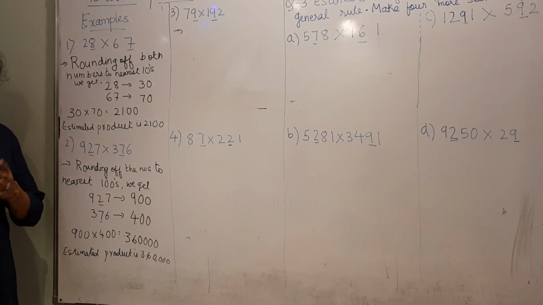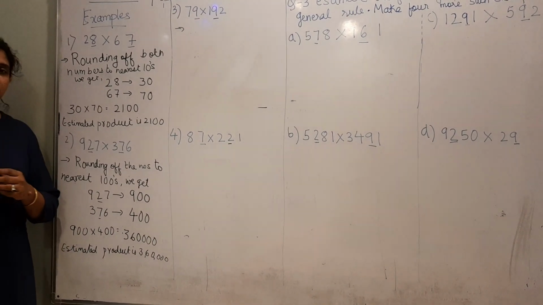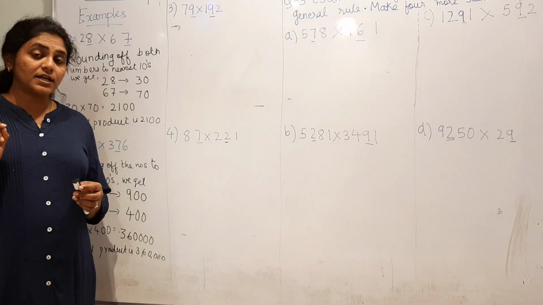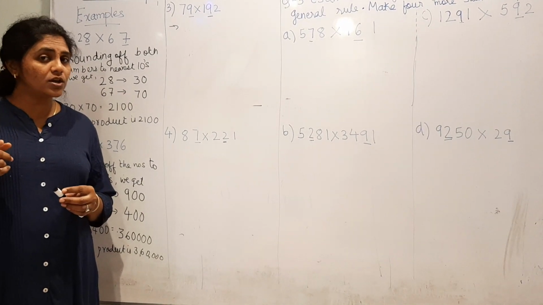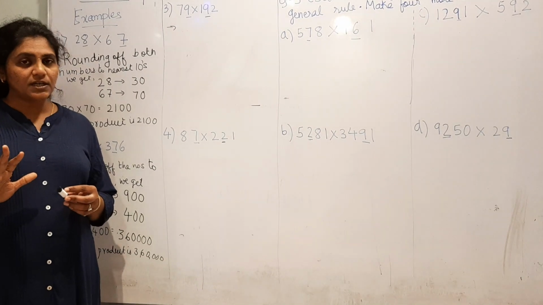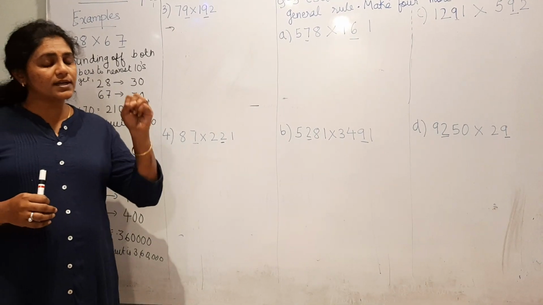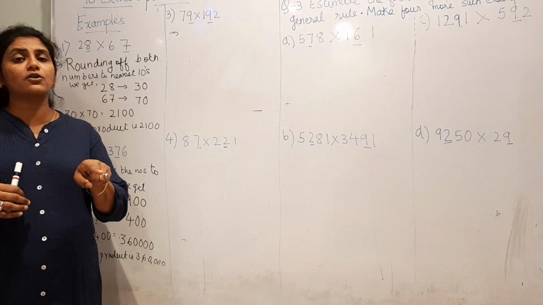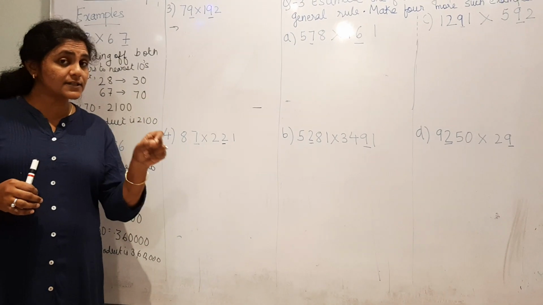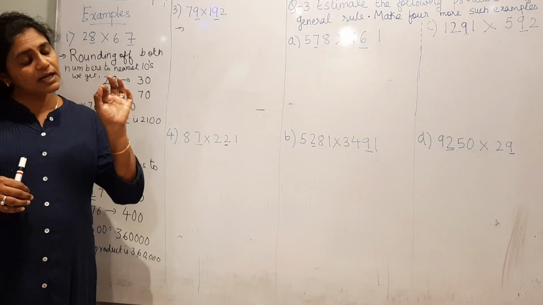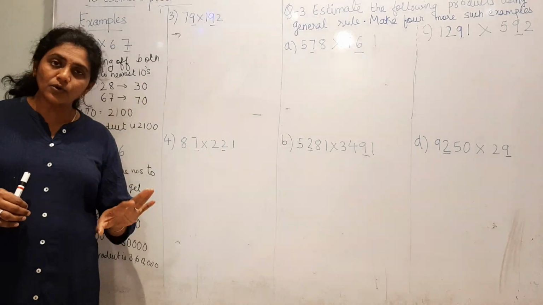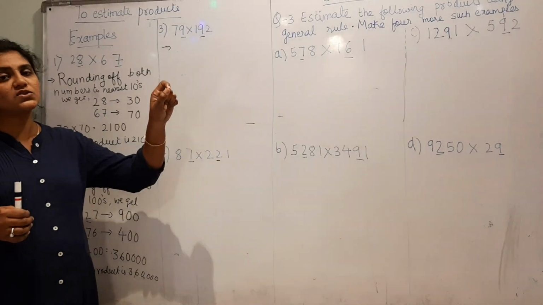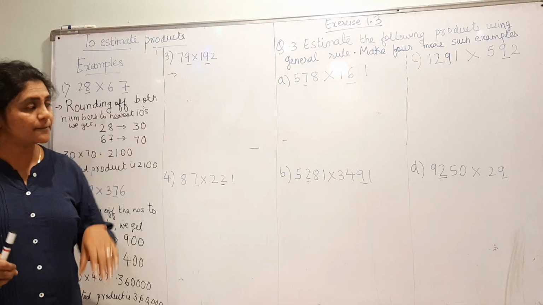There is no such rule. I have discussed this point during the explanation of sum and difference. There is no such rule of rounding off that it has to be rounded off to the nearest hundreds only or tens only. If it is specified in the question to round off to the greatest place or round off to hundreds, then compulsorily you have to round off. Otherwise, the general rule is to round off the numbers to the greatest place.